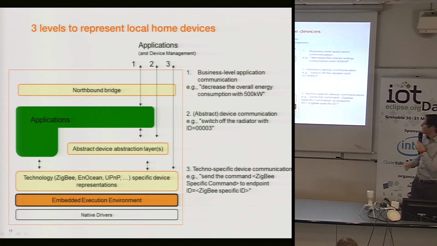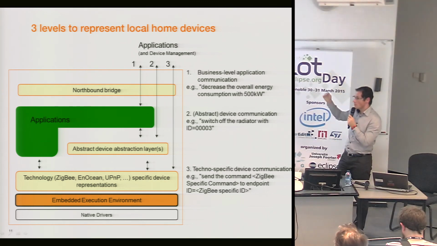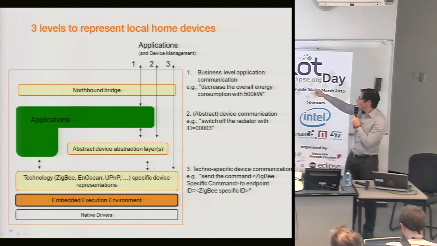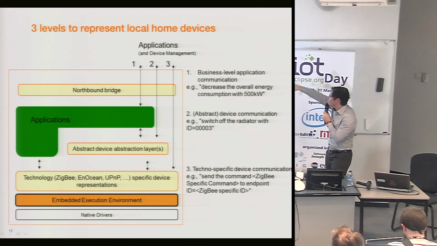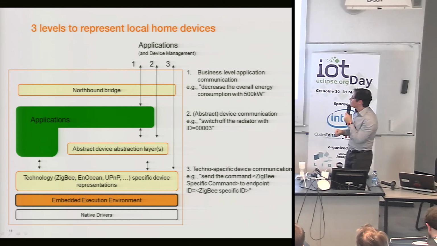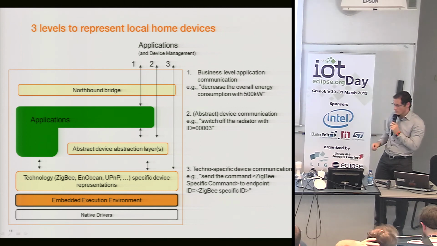So that's a high-level order that we can send to the house or to a specific application that handles energy management. With those 3 types of layers, we understand that there are several layers for the abstraction, and that is true in the home, in the local box, and also of course at the cloud level. That's why we also have 3 arrows going up towards the device management platform or the cloud platforms.